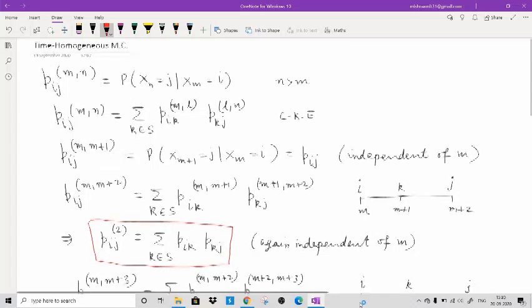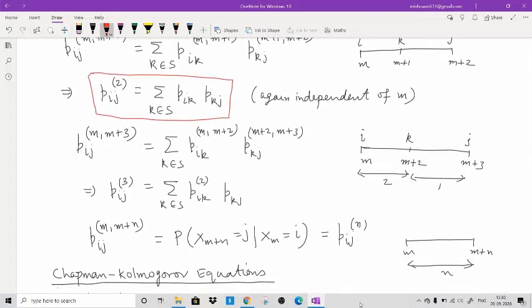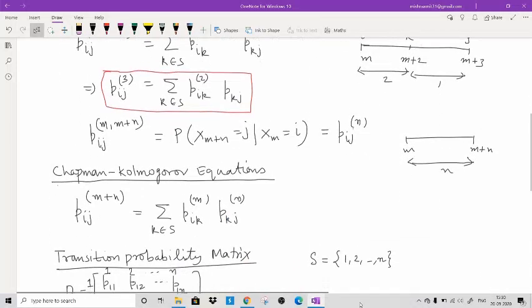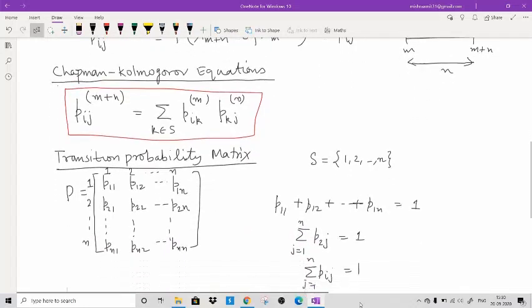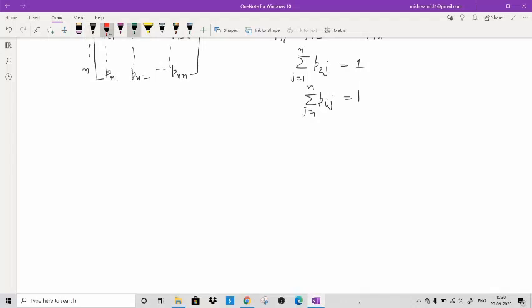So now we will focus on this equation, and in general on this one. So what these equations are doing: Pij2 is the sum over k belonging to S of Pik